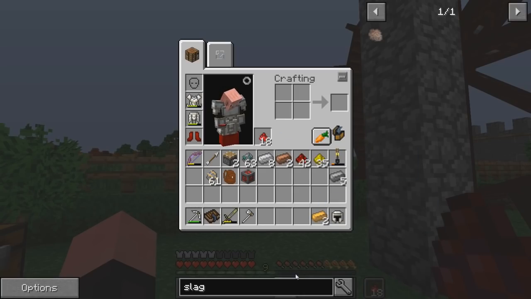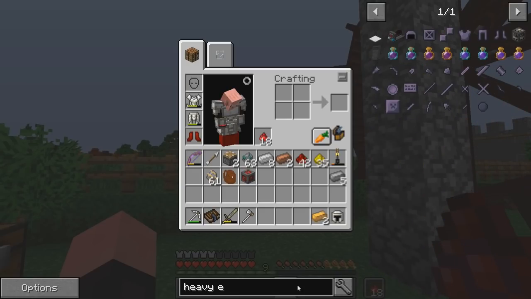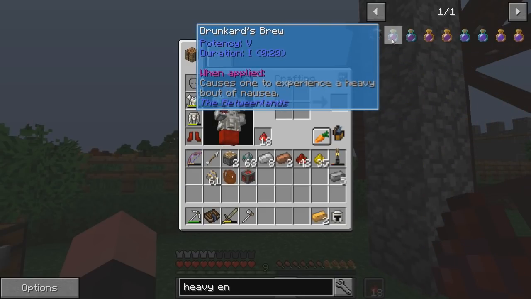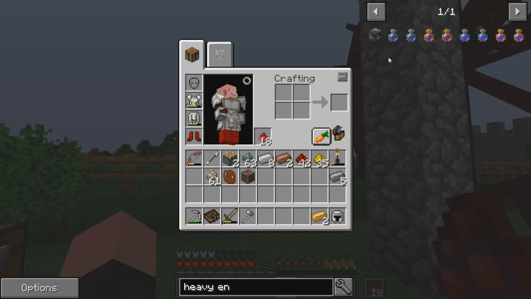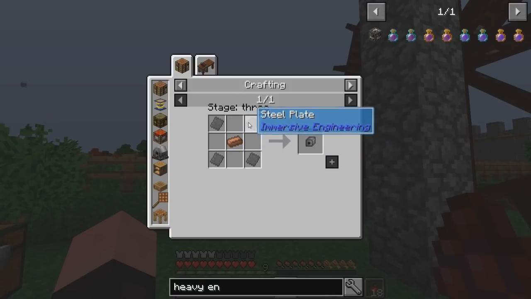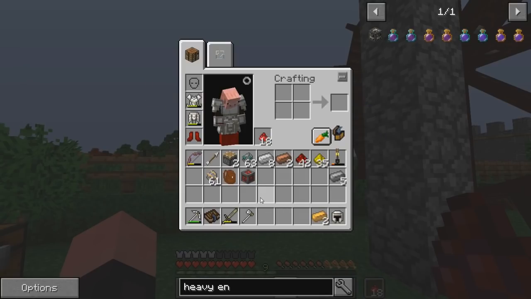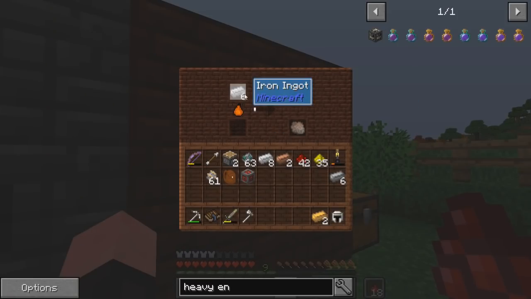I think we need, what, 9? It was called a heavy engineer's block. What are these? Oh, experience a heavy bout. Okay, that's why the word heavy shows up. So, 4 steel ingots. So we need 8 ingots to make these plates. And I've got 5, so we need 3 more. We need 2 more. We can get 2 more, and then we can let the rest of these cook